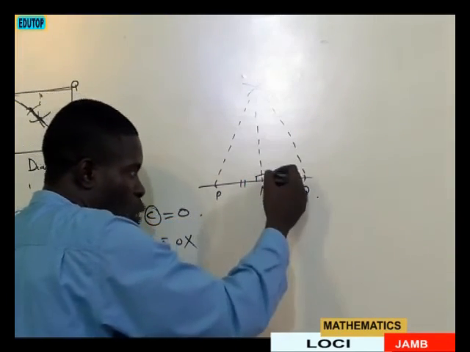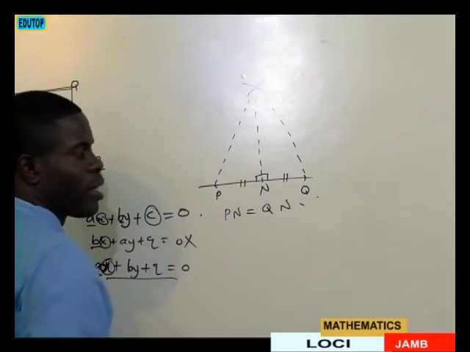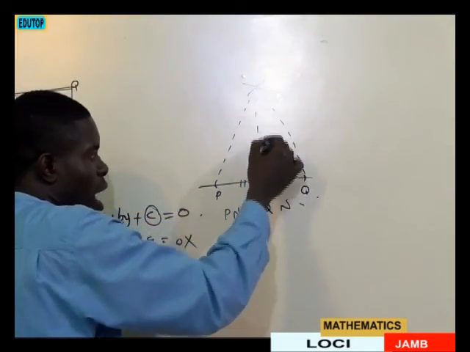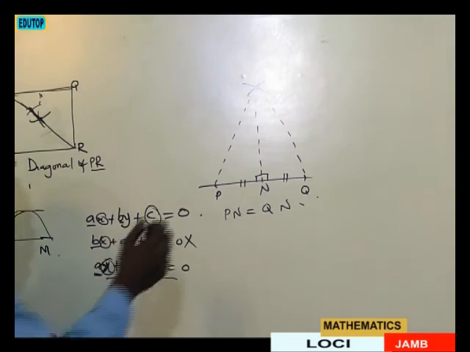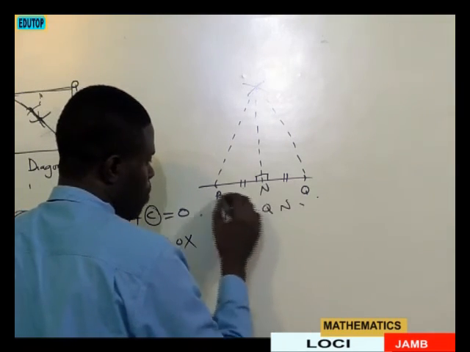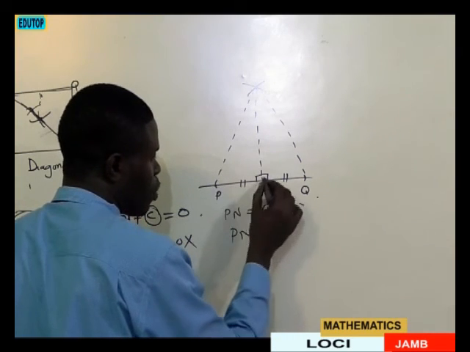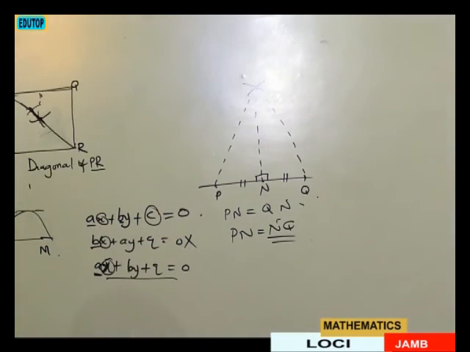Meanwhile, it is a perpendicular bisector. That means PN should be equal to what? QN. Take note of that. Because PN should be equal to QN, since this is a perpendicular bisector of this line. So automatically the question now is, PN equals QN. So go to our options and pick the one that matches that. PN will definitely be equal to what? NQ. Because from this place to this place will definitely be equal to from this place to this place. And our answer will definitely be NQ. That is option